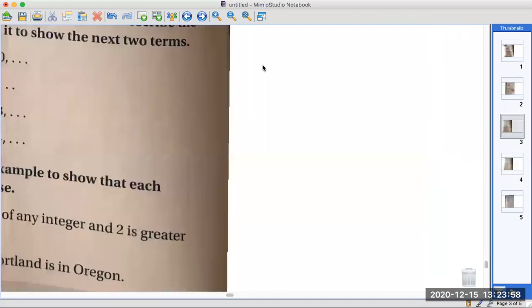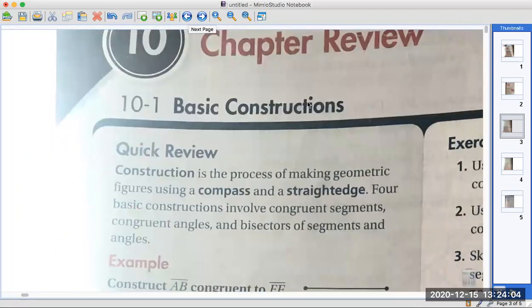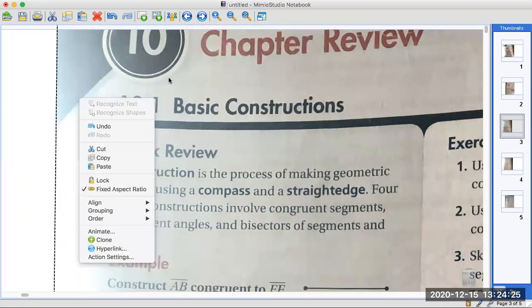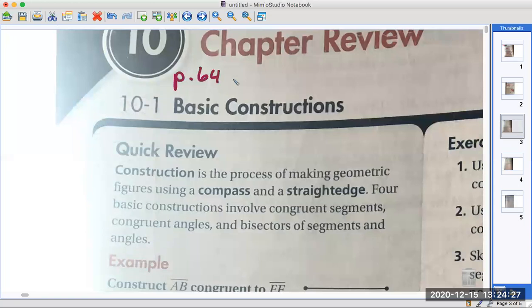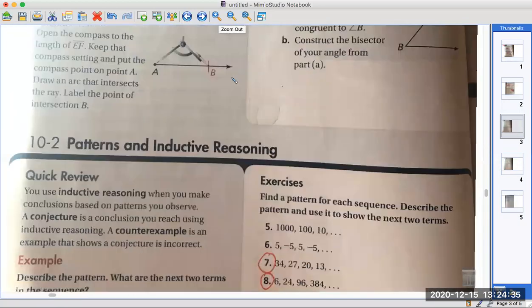So that's that. And then I think we're going to chapter 10. So chapter 10 review pages start. I have to find it. Page 646. And we did not do everything in chapter 10, so you're not going to study all of 646. So I'm going to tell you what to cross out. You're not doing 10.1. You are going to do